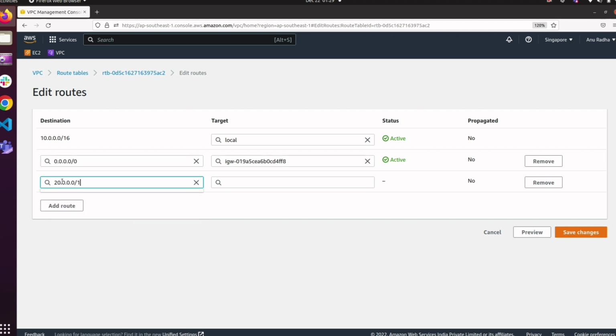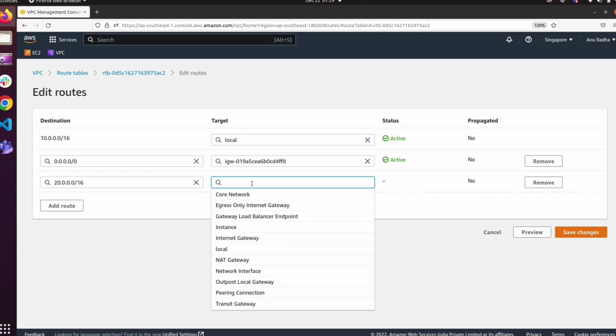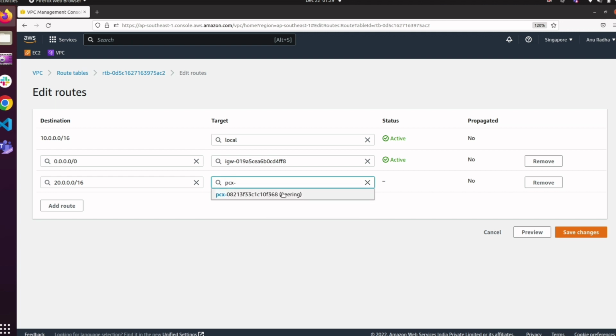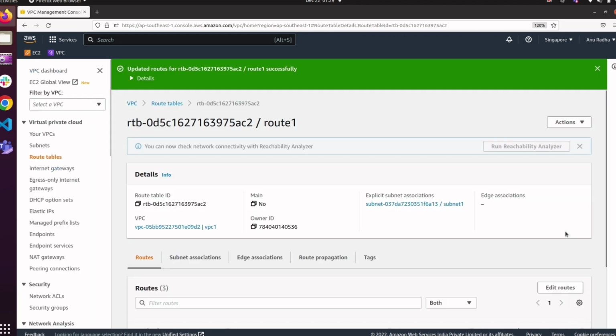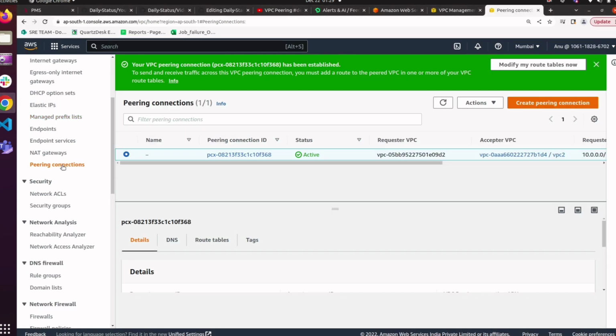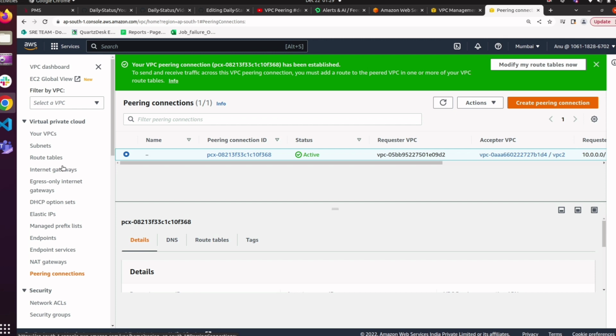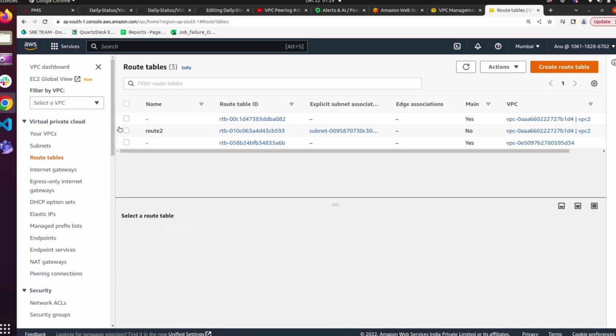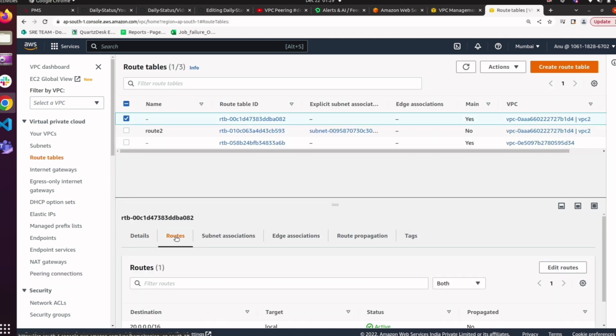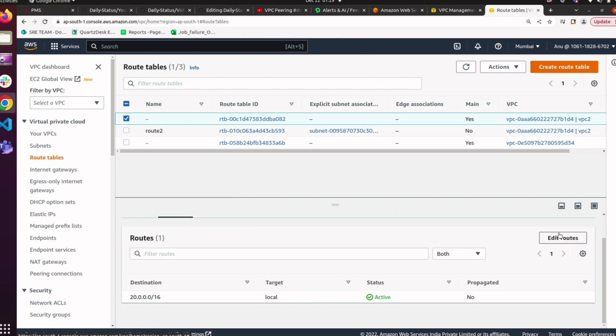So the IP range is 20.0.0.0/16. So I am providing this range, and this is my peering connection. So I am choosing it here and saving changes. This process is making a connection between both of the accounts, and after successfully editing my routes,